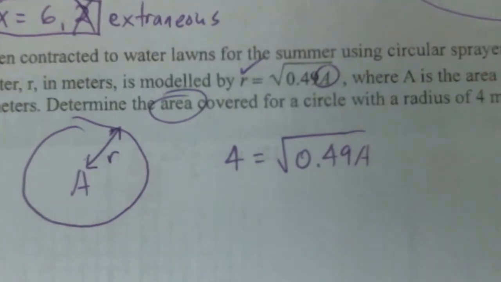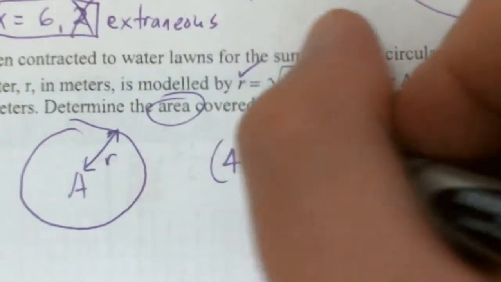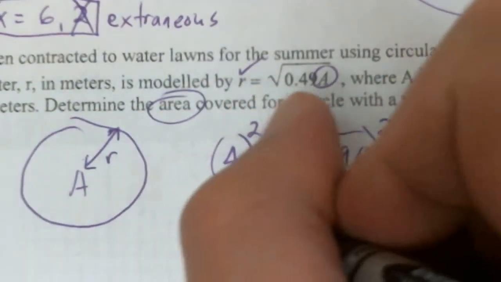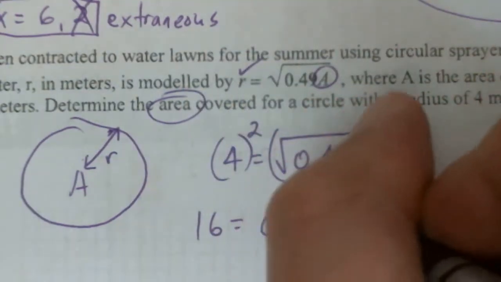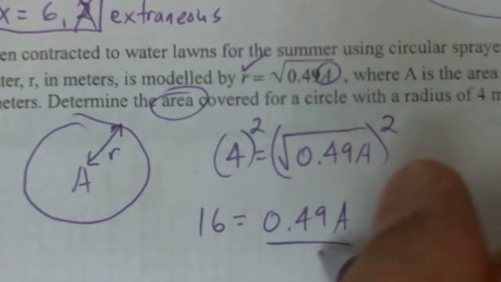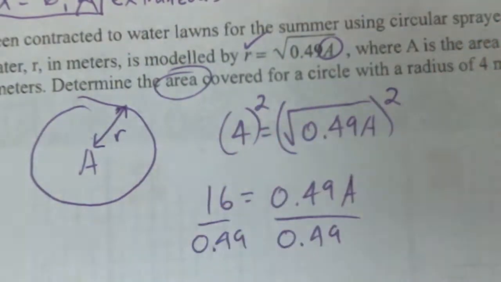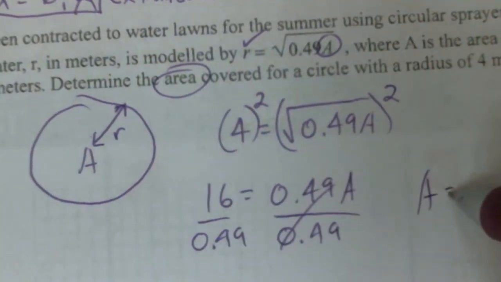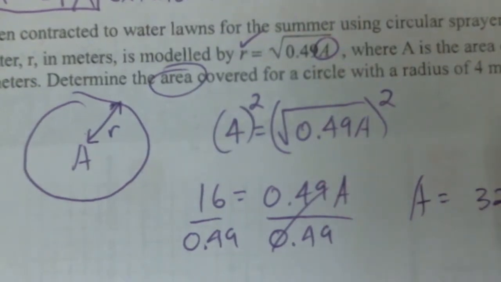Well, let's follow our rules. Do I have one of my radicals isolated? Yes, I do. So if that's the case, I can square both sides. All right, 4 squared is 16. When I square the square root of something, they just cancel. So 16 equals 0.49a. Imagine if that were an x. How would you get x by itself? You divide both sides by the coefficient in front of it. All right, and so a is going to be equal to 16 divided by 0.49, which comes out to be